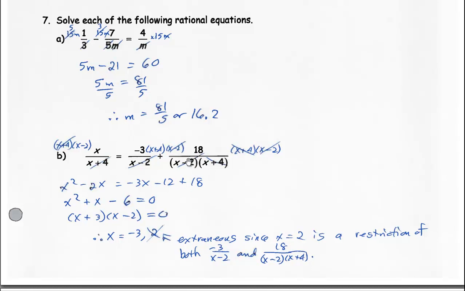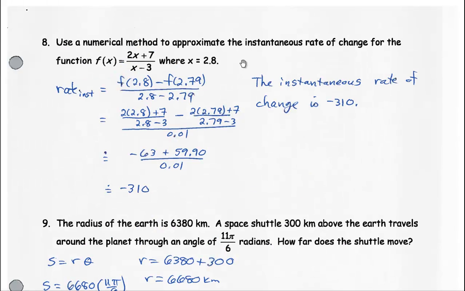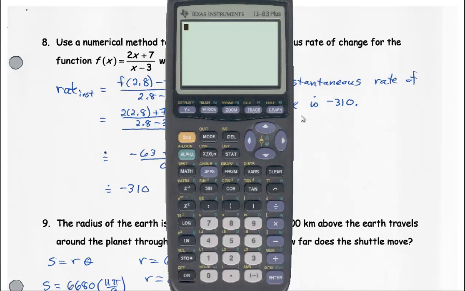And then plus, and for question number 8 here, we're asked to use a numerical method, which means you need your calculator, to approximate the instantaneous rate of change for this function at 2.8. So what you do is you take, and this is really a slope calculation, y2 minus y1 over x2 minus x1. And so we take a number close to 2.8, so I use 2.79. So my x values are 2.8 and 2.79. And so in your calculator,